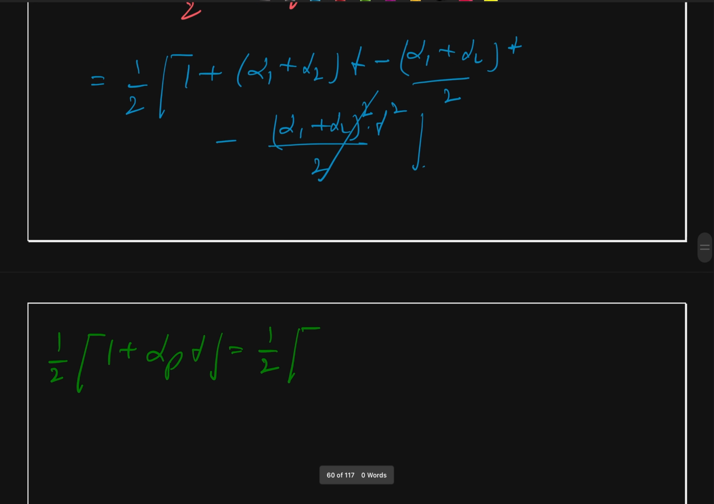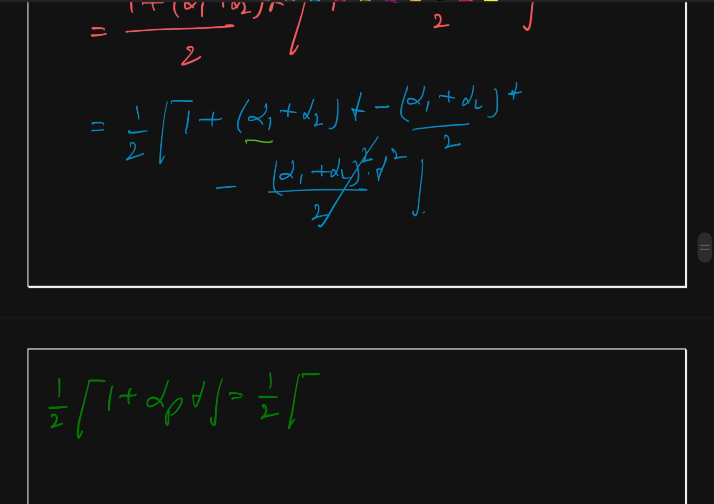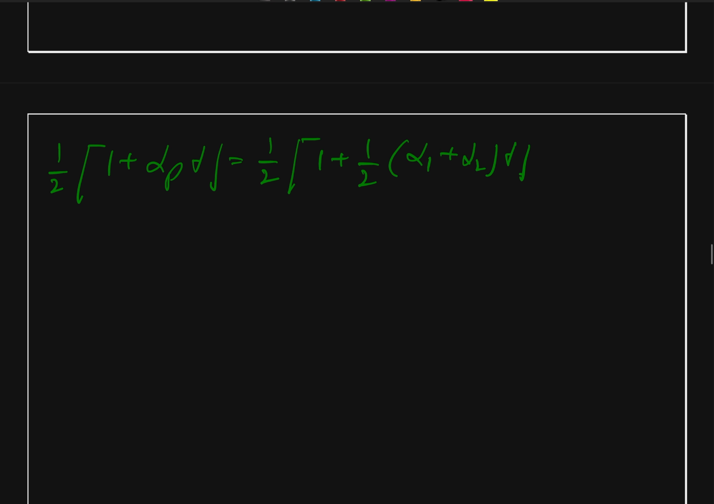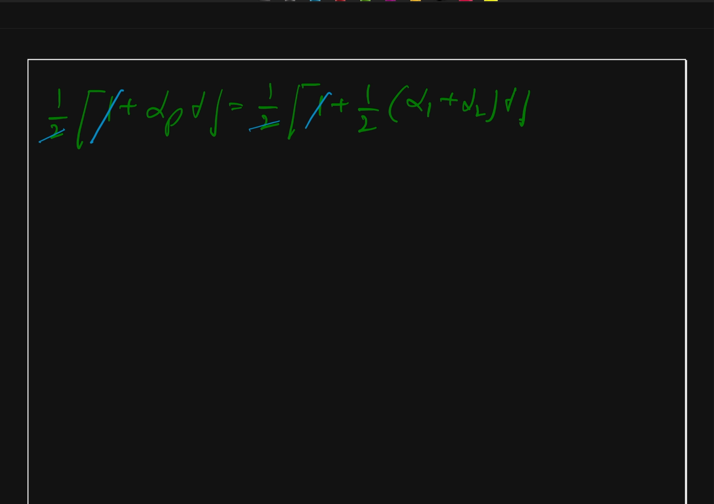And this we can solve. This will be 1 by 2, 2 is the LCM, so this will be 1 by 2, 1 plus 1 by 2 alpha 1 plus alpha 2 times T, and here this 2 and 2 cancel out, and this 1 and 1 will also go away. So quite simple now. Let me write this here: alpha p times T is equal to 1 by 2 alpha 1 plus alpha 2 times T,